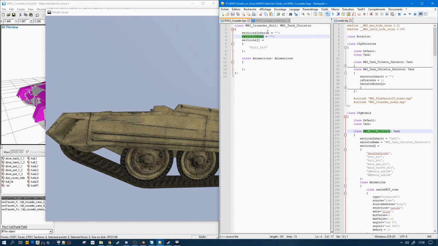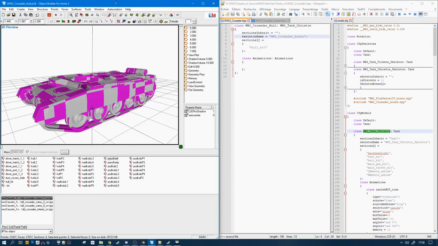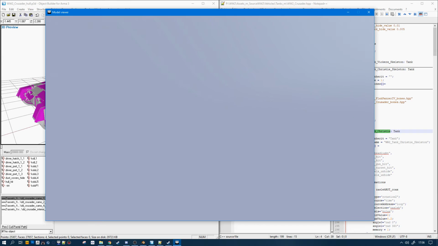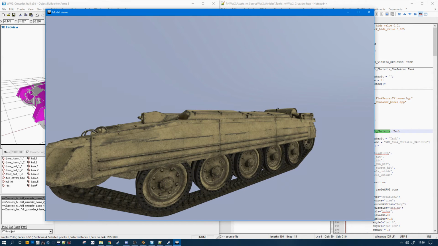I didn't, here, you see I forgot to give the skeleton. There. Just to reload it, you just go inside, I don't know, the memory load, go back to load 1. It's going to recompute the animations. Okay, now I have it.